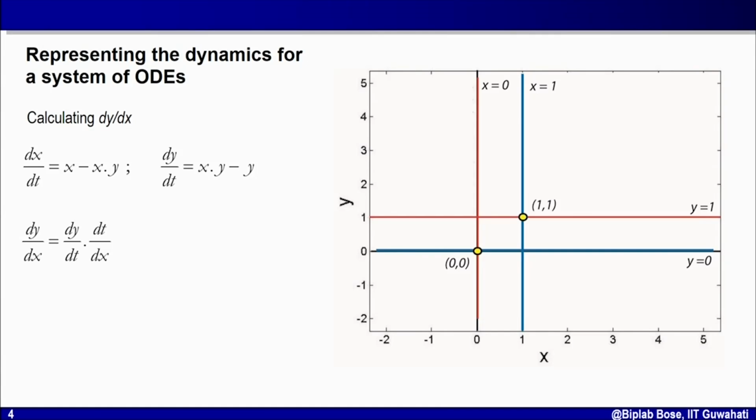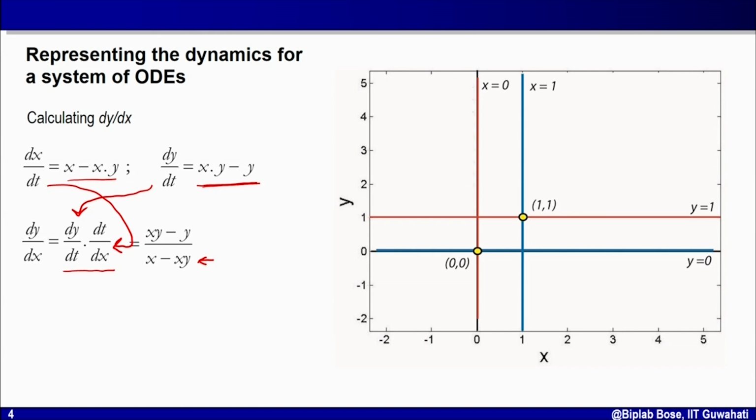Let's see. dy/dx I can write as dy/dt times dt/dx. Now dy/dt is already given from the original ODE, and I can invert dx/dt to get dt/dx. So what do I get? I get xy minus y, this is dy/dt, times the inverse of dx/dt. So I have dy/dx, which I calculated from dx/dt and dy/dt, because it's a combination of both